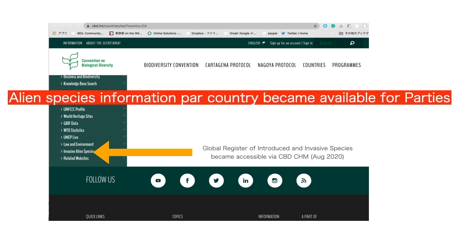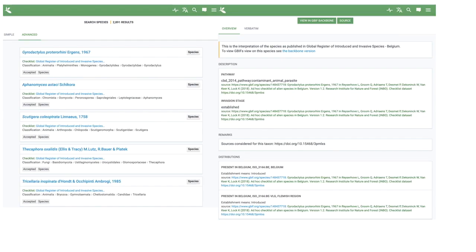And thanks to IUCN and the Invasive Species Specialist Group, as well as the Global Biodiversity Information Facility, when you scroll down each country profile page and click on the invasive alien species button, it brings you to the country's